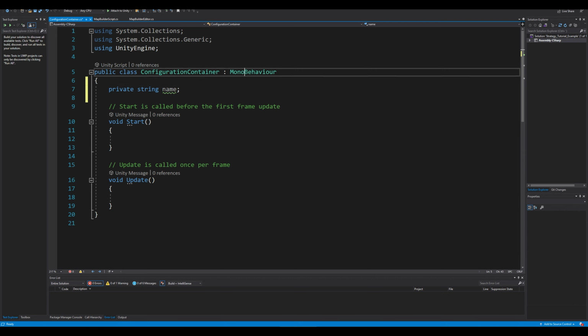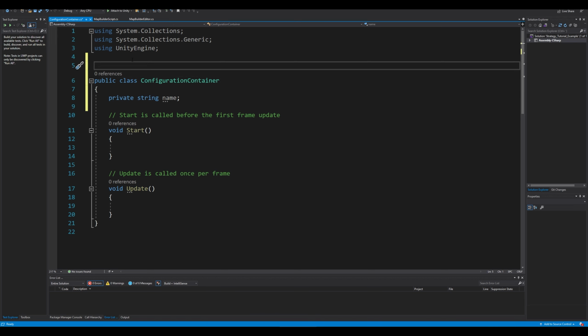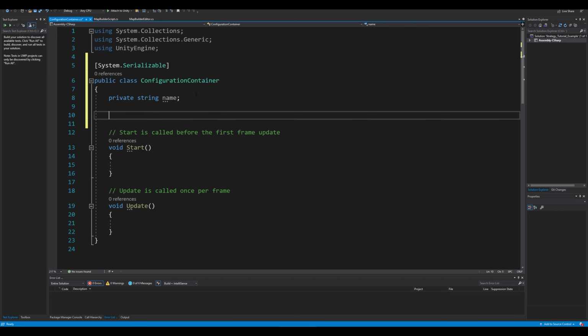The configuration container is not going to inherit from mono behavior. That's very important. It's not going to be a game object. We're simply going to use it on our inspector. And then we're going to do this system.serializable. What else do we need? We need a private transform or parent. So that is